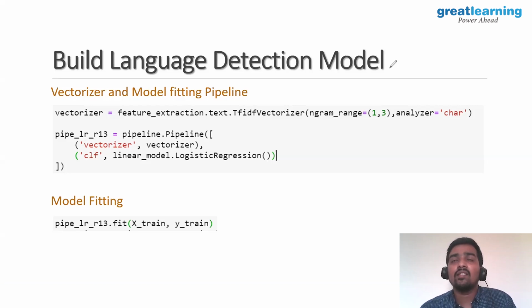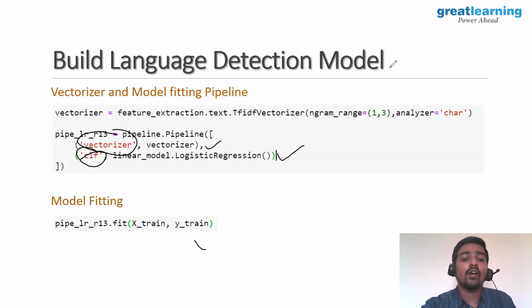So we are using a simple logistic regression, because we know that for most classification problems, logistic regression really works better. So let's see how it works. Okay, I don't say that logistic regression is the only solution for this problem. You can definitely work with other models, but the base model we start with is logistic regression, and it has really given us good results. Now, to have this vectorizer and logistic regression in a single way, we have defined this pre-processing pipeline. You can see that we have put the vectorizer as the first step and then model building as the second step. This is your vectorizer and this is your classifier, and then we have fed this to the model on the train data.